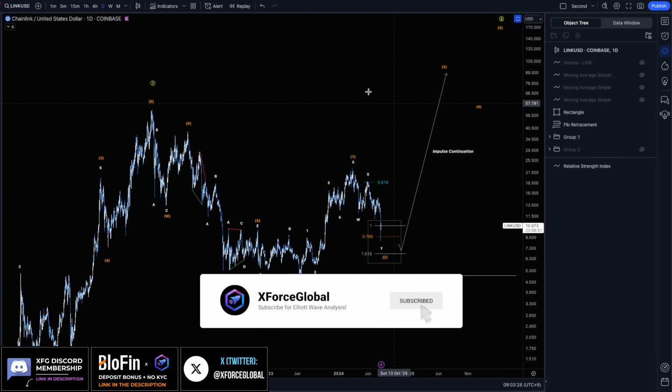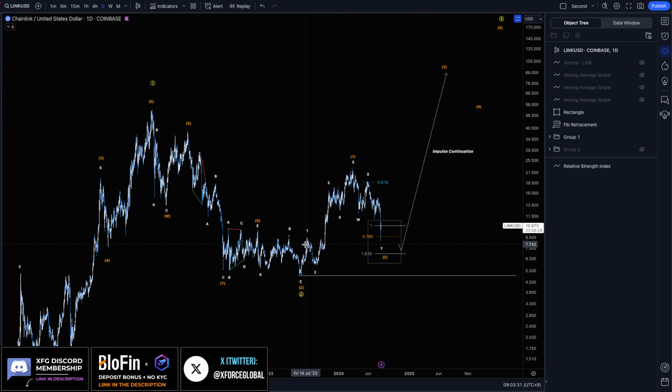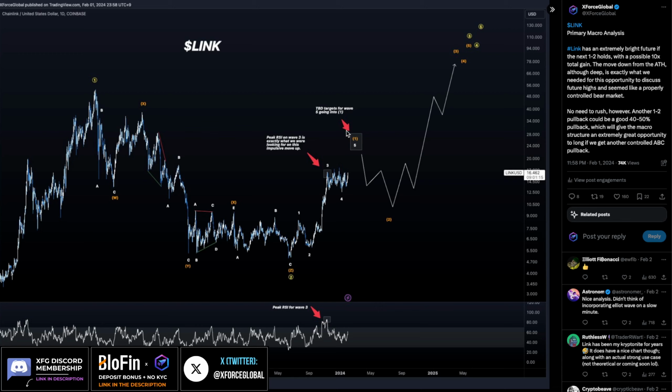Today we're taking another deep dive into the Elliott Wave counts for Chainlink, or LINK, and it's been a hot minute since we've discussed this one, since our last analysis a few weeks ago. More or less, for the past few months, we have hit all of our expectations, not only to the upside for the intermediate degree wave 1 in orange to complete, but also for the pullback for our intermediate degree wave